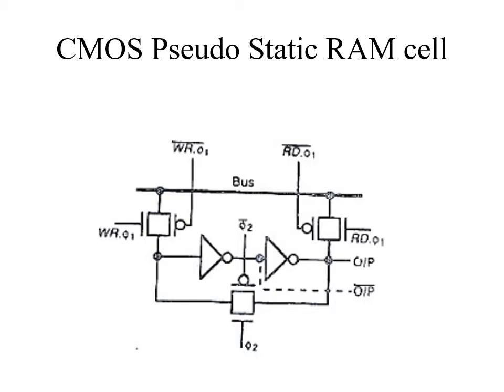Let us see how read operation is carried out. To perform read operation, read into phi 1, this control input, is 1. When it is 1, the second transmission gate is turned on, so the data is read. That means the data is stored into the bus, and like the previous circuit, here also we can get the output in complementary form as well as the non-complementary form.